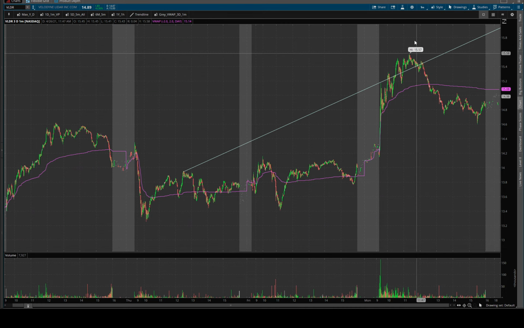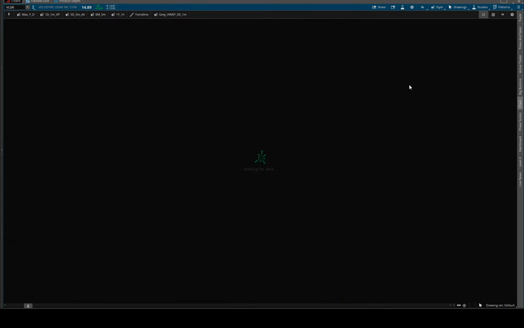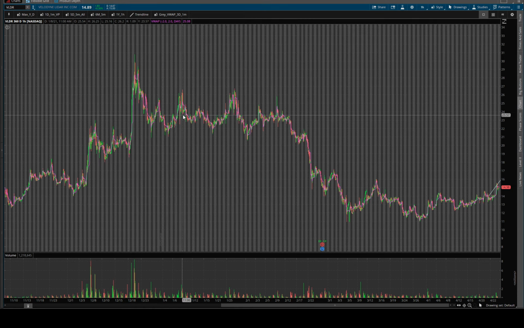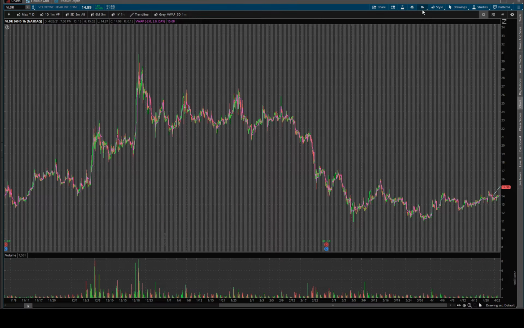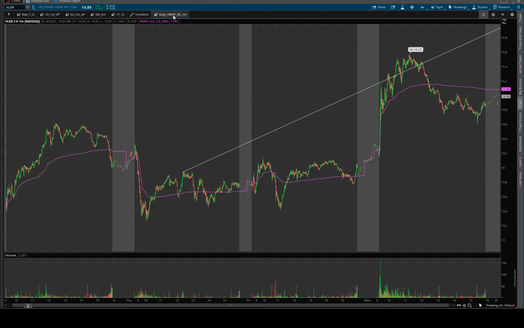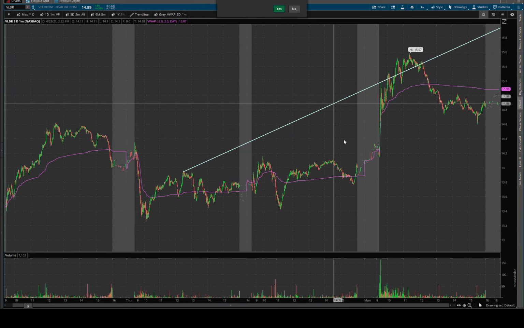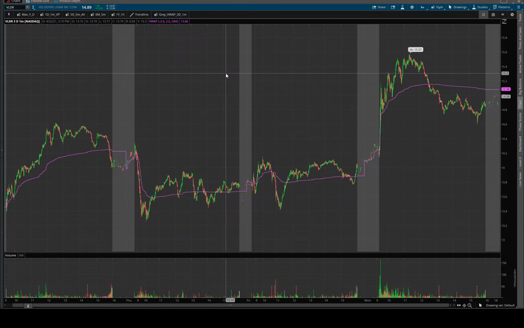So now say I keep scrolling and go like 360 days, 1 hour each, and doing this. And now I just want to go to what I'm used to, which is the button I have, 3 days, 1 minute. Just click the shortcut, boom, and the trend line is still there. So this is a very fast one you can use to create whatever shortcut buttons on the My Tools bar